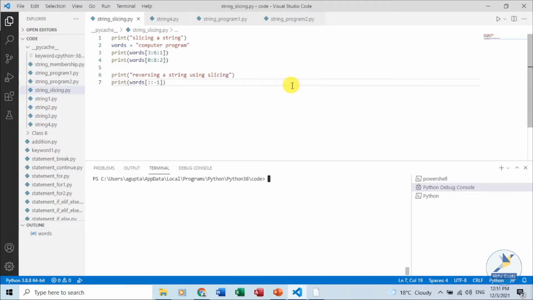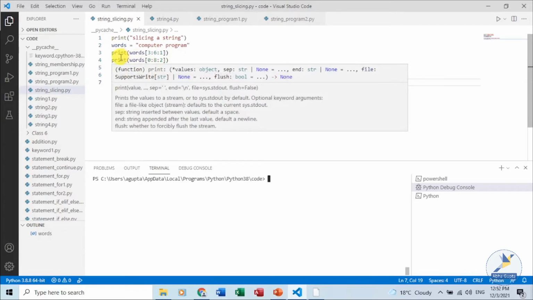String slicing is extracting a substring from a given string using indexing. We know that we can access a value from a string using indices or index. So we can also extract a substring using string slicing.